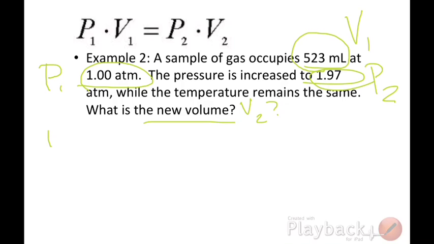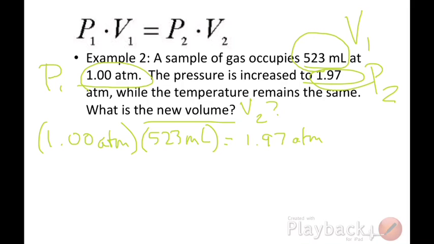So 1 atmosphere, 523 milliliters equals 1.97 atmospheres V2. Okay, so we're going to do the same thing as we did in the last one. We can notice first, though, that our pressure is going up. It's almost doubling. So our new volume, we should expect it to be about half of the initial volume because